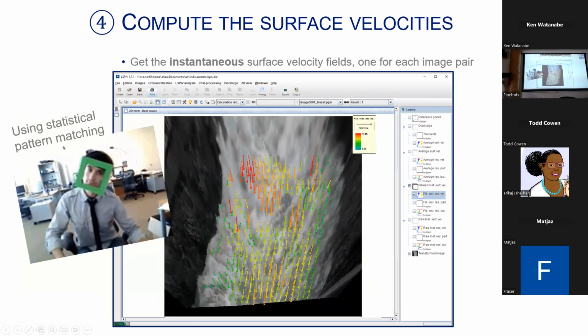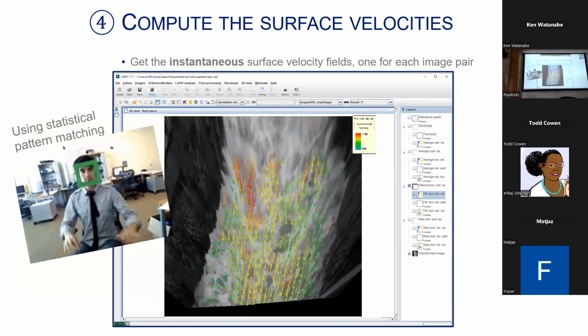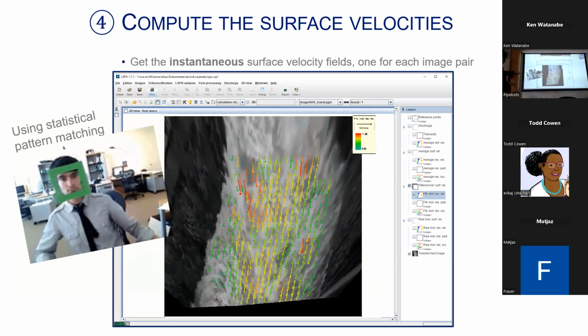I mean, that's the interrogation area, and try to follow the head of this guy. So it's not the software. It's not what is included in the software. But